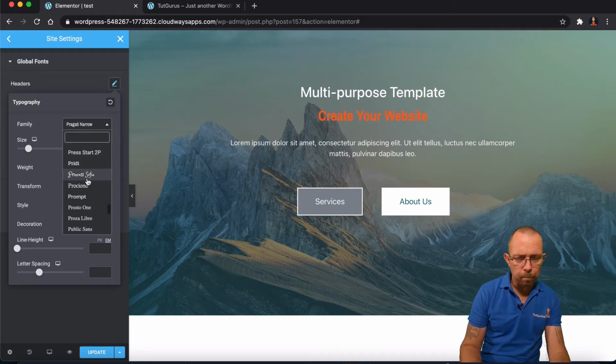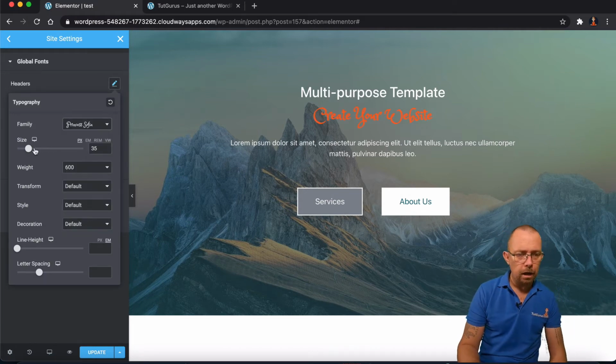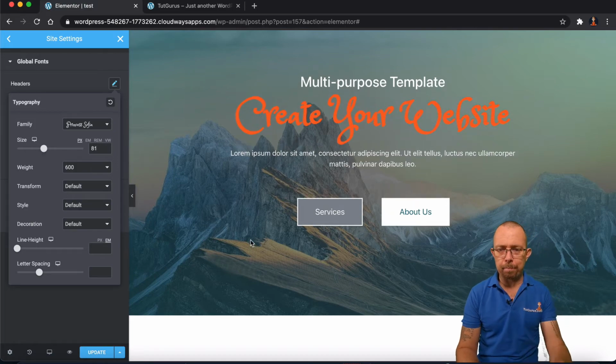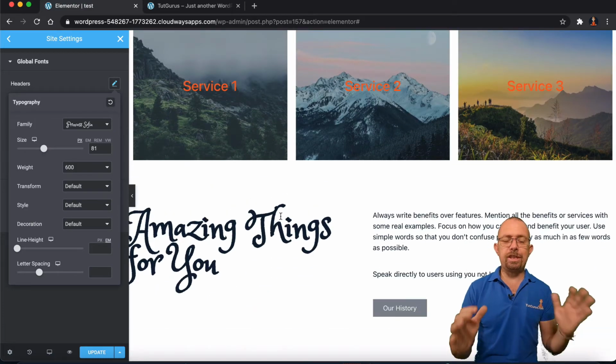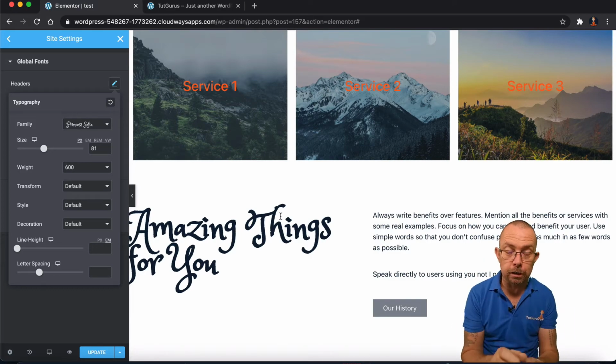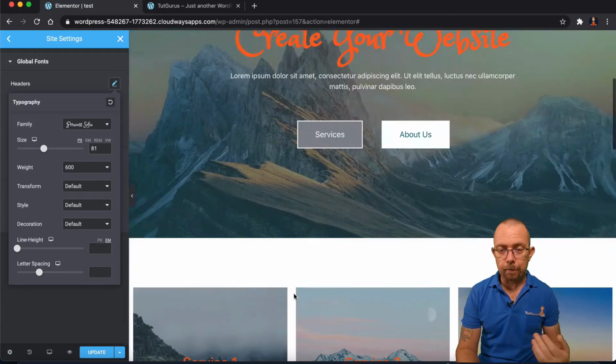Let's get something a bit more je ne sais quoi. There we go. Let's give it a bit of winkage and make it a bit bigger. There we go. And you know, this is super ugly. I highly don't recommend what I just did. It looks really bad, but it's for the emphasis of just showing you here.